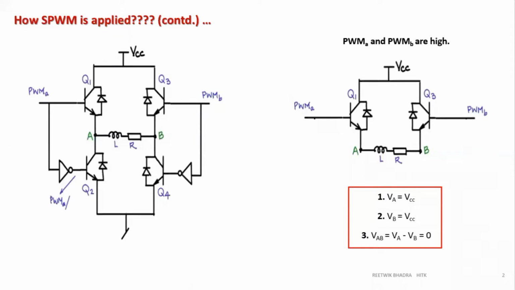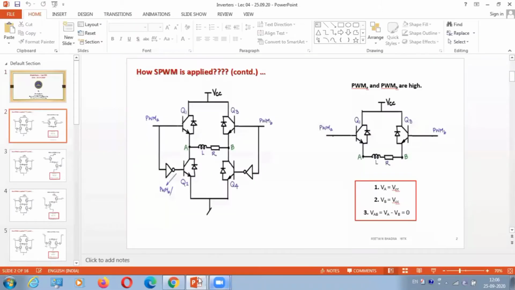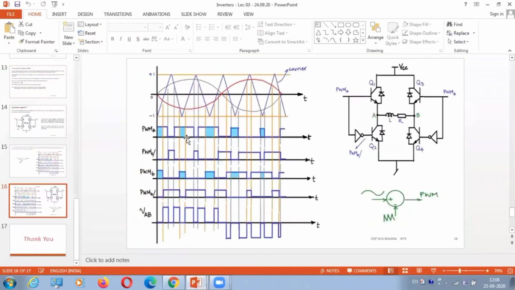Now, if you look at this figure, you can study it later on your own. There are 4 conditions that appear over here. What I'm saying is, the condition PWM A is high, PWM A bar is low, and at that time PWM B is high, PWM B bar is low. So that is one condition I'm telling you: there will be existence of PWM A and PWM B. All other pulses will be off. So those are the conditions.